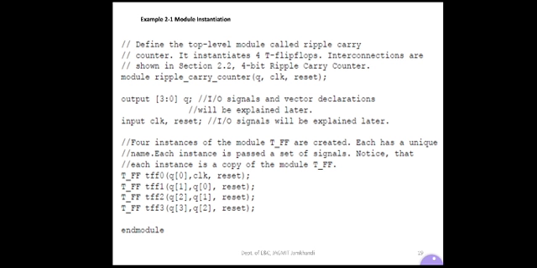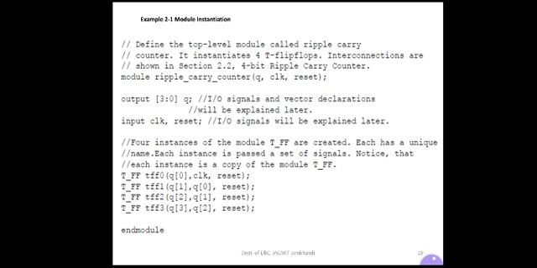Then in the terminal list, other than Q are clock and reset. Clock is a single bit. Reset is also 1 bit. That's why input is a keyword and clock and reset are the inputs. We will discuss the IO signals in later classes.